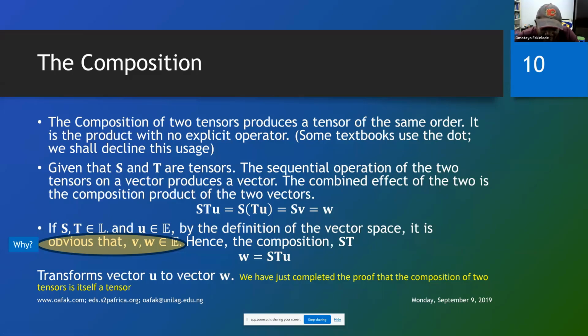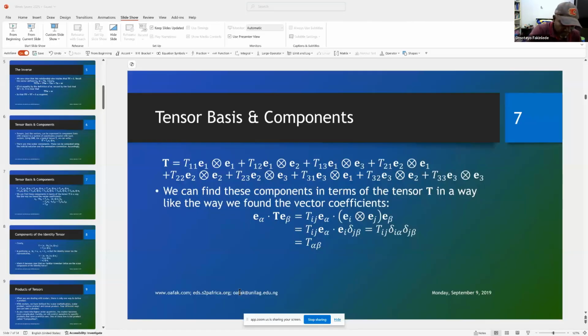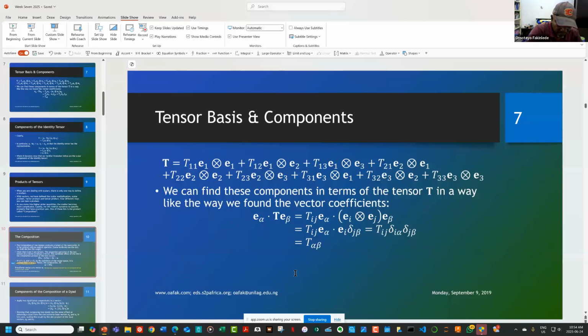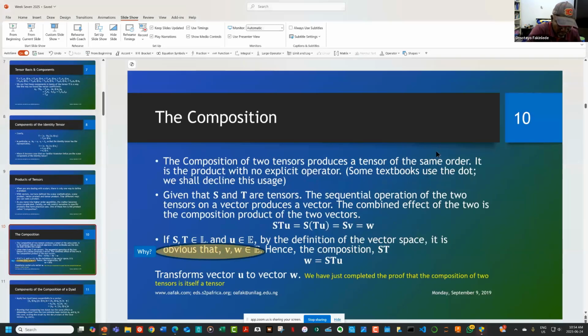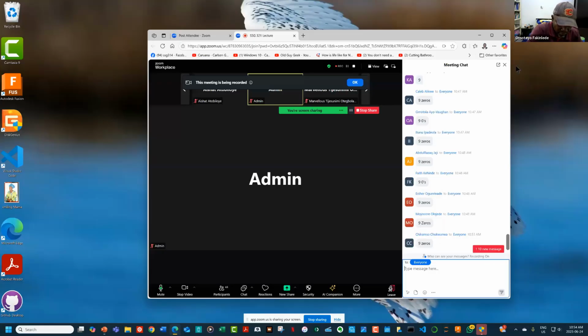Which one do you operate first? Is it S or T? Which transformation comes first? Go to the chat room and tell me which transformation comes first. In ST, which transformation comes first? In the composition ST. Okay, so you can see that it is the